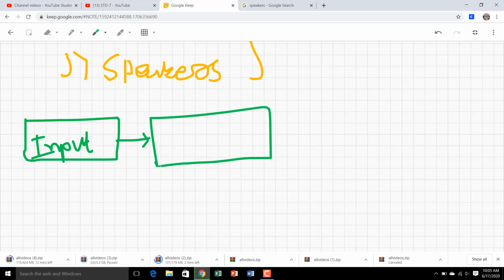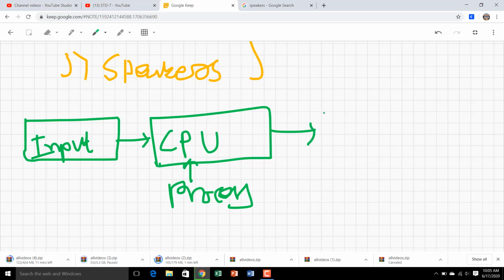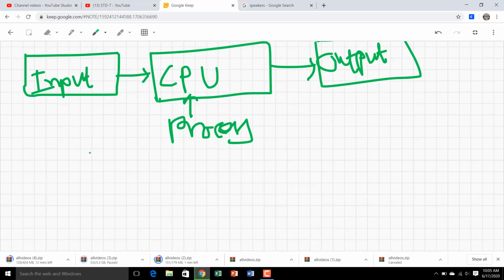In the CPU it is processed, whichever command we have given from the keyboard and mouse, and finally we get the output. We have already discussed this. Basically I is for input, P for process, and O for output.